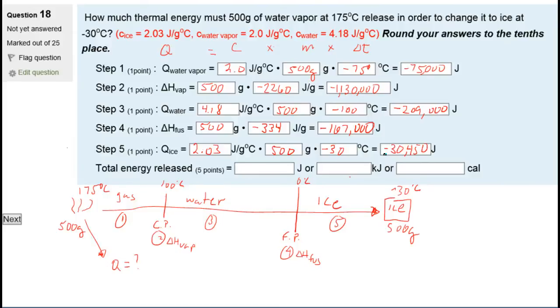A negative 1,113,000 plus a negative 209,000 plus a negative 167,000 plus a negative 30,450. And it looks like I end up with a negative